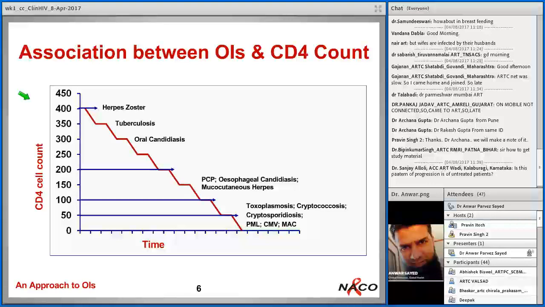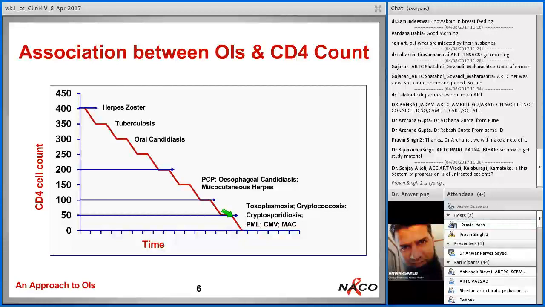We are very well aware of this, that whenever there is a drop of CD4 to less than 200, more and more risk will be there for development of opportunistic infections. Even below 200, if it is very, very low, less than 50, there are some specific OI risks that will increase, that is Cryptosporidium parvum, which causes cryptosporidial diarrhea, or CMV. CMV may cause retinitis or other manifestations. Then MAC, which is Mycobacterium avium intracellulare complex.